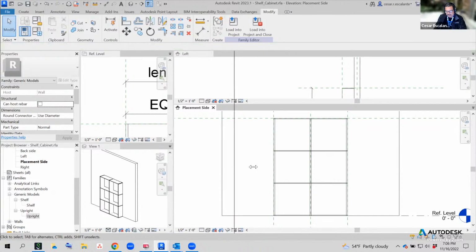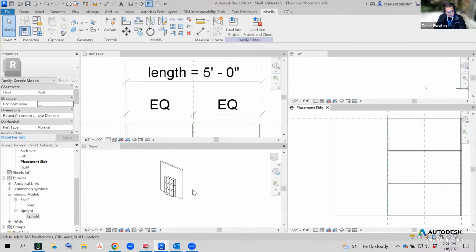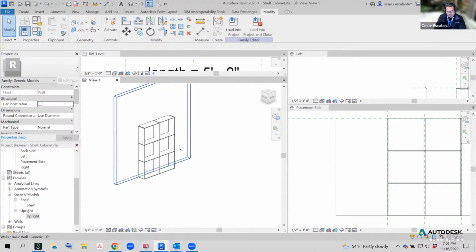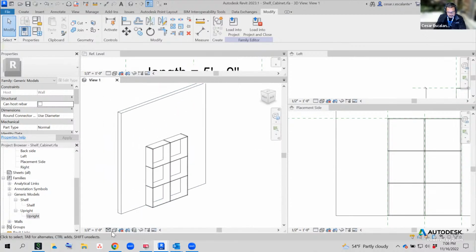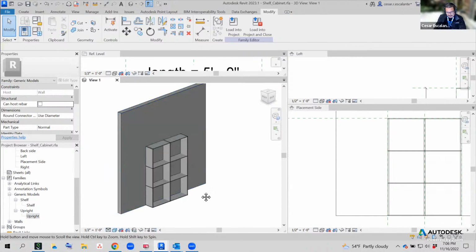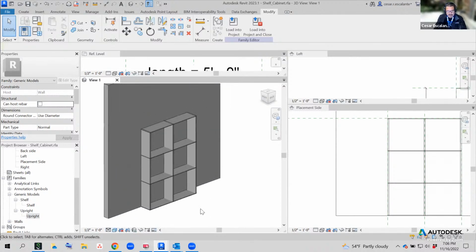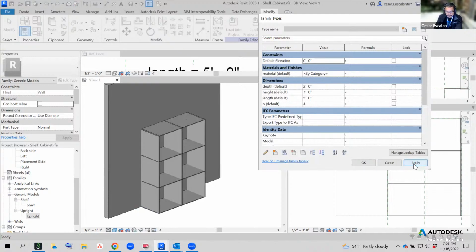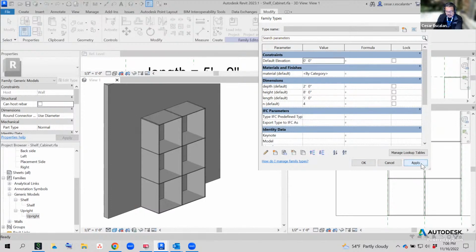And we are done. Now let's flex the family. I'm going to make the 3D view my view here. I'm going to change this to shaded, and let's see if it works. In the family parameters, now I'm going to change the depth to 2, apply. I'm going to change the height to 8, and notice how the